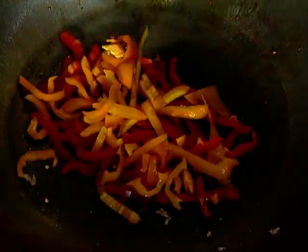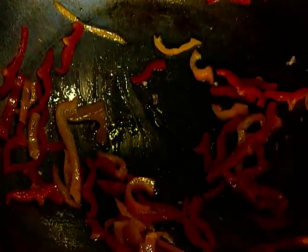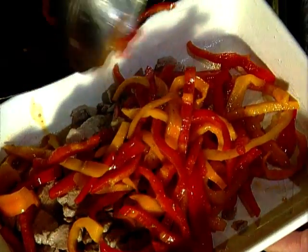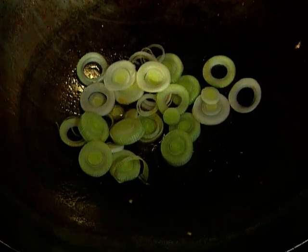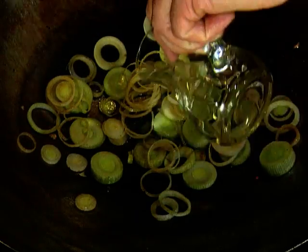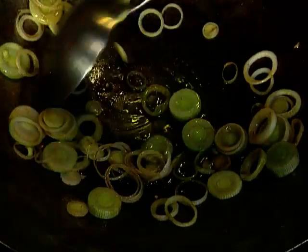and next into the pan goes the capsicum. Again, stir cook for a minute or so, and they don't need to cook through either. And they're taken out. Now I cook the leek. Again, just a minute or two. Adding a little more oil if things start to get sticky. And now the heat is reduced,